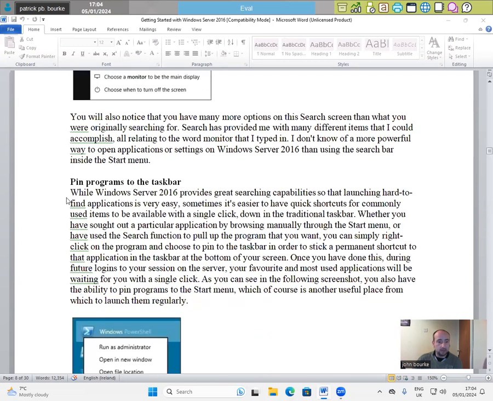Pin programs to the taskbar. While Windows Server 2016 provides great searching capabilities so that launching hard to find applications is very easy, sometimes it's easier to have quick shortcuts for commonly used items to be available with a single click down in the traditional taskbar. Whether you have sought out a particular application by browsing manually through the start menu or have used the